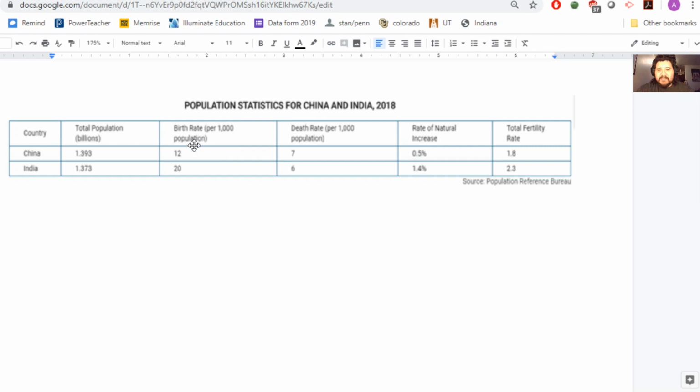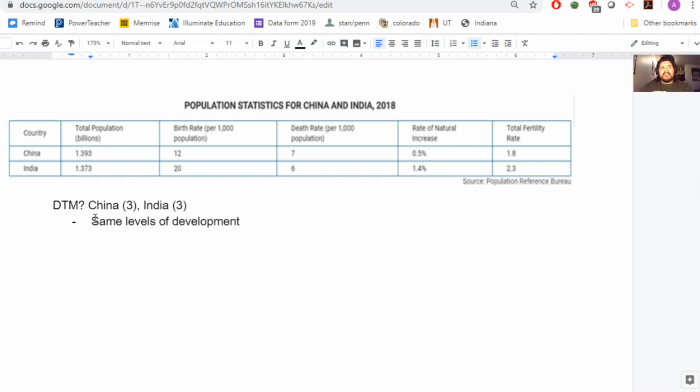Now already birth, death, increase rate, I'm thinking about DTM, the demographic transition model. So I want to be thinking about where on the DTM stages these particular countries are going to fall. So China, for the most part, would be at stage 3, and India as well would also be at stage 3. So what I know so far is that they have the same levels of development,